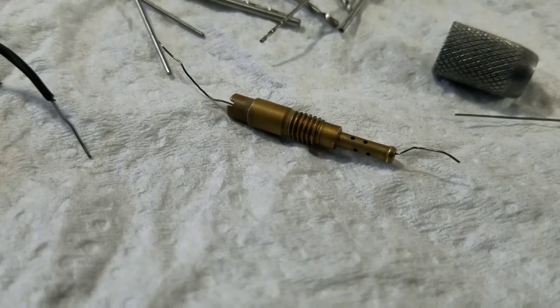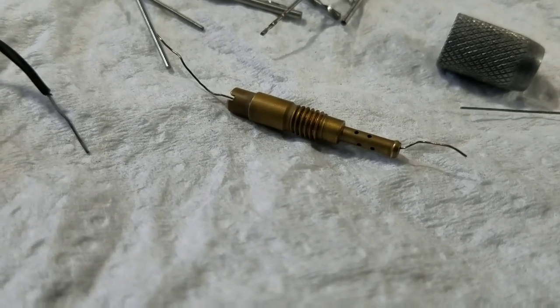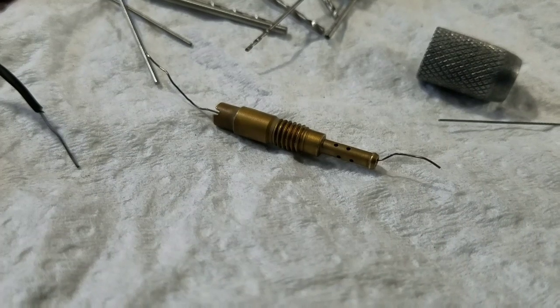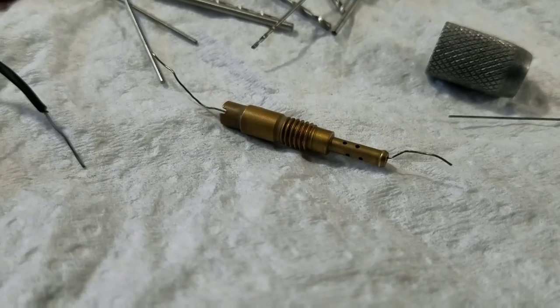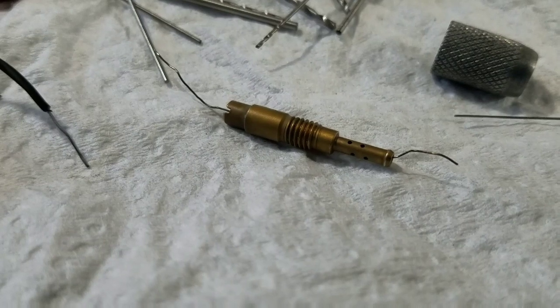Then it's a pain in the neck to get through. You got to push it in as far as you can, and just keep it as straight as you can. So you can see how bent it is now, but once you get it in a little bit, just keep on pushing it a little bit at a time, just a 1/16 inch at a time with a pair of pliers. Just work it in. Do not try to just push or just bend it. You got to keep it as straight as you can, then start pushing it in just a 1/16 at a time,